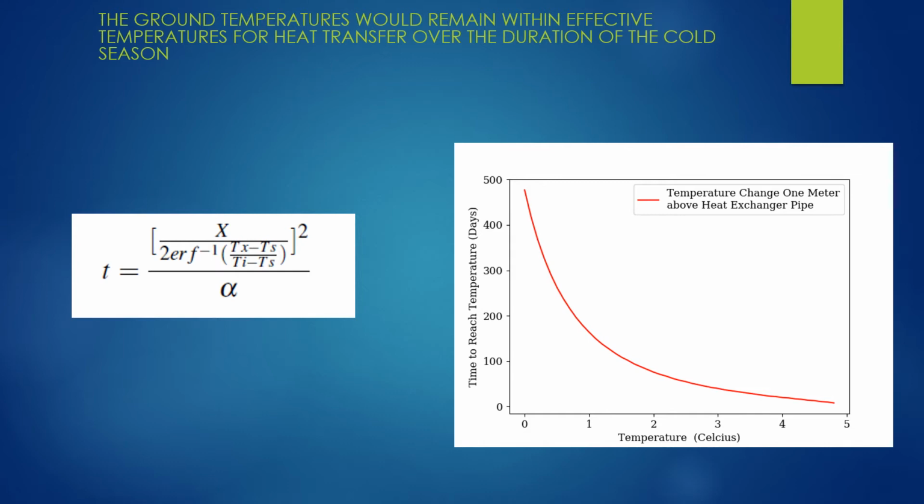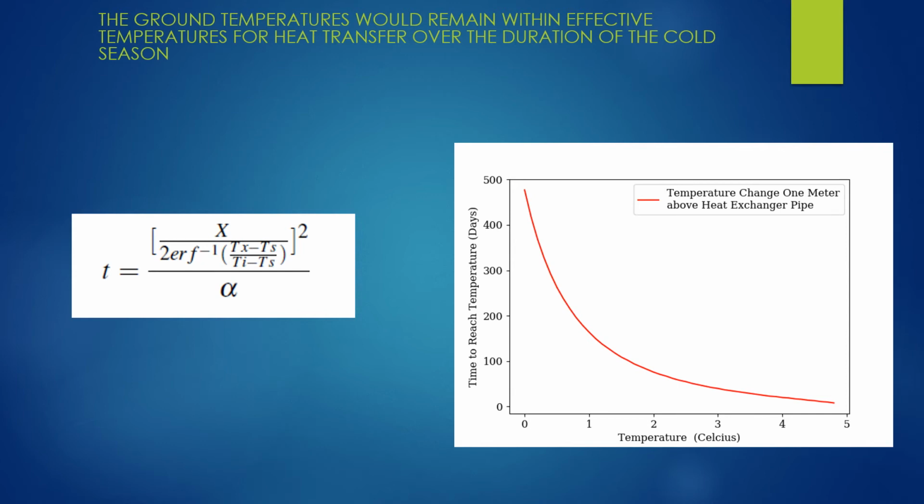You can see that equation on the left here where time in days equals x, the distance from the pipe or the object in the ground, squared over 4 alpha times the inverse error function of (Tx minus Ts) over (T initial minus Ts), all squared, where Tx is the temperature of interest at point x, Ts is the surface temperature of the heated or cooled object in the ground, T initial is your initial temperature at x, and alpha is the thermal